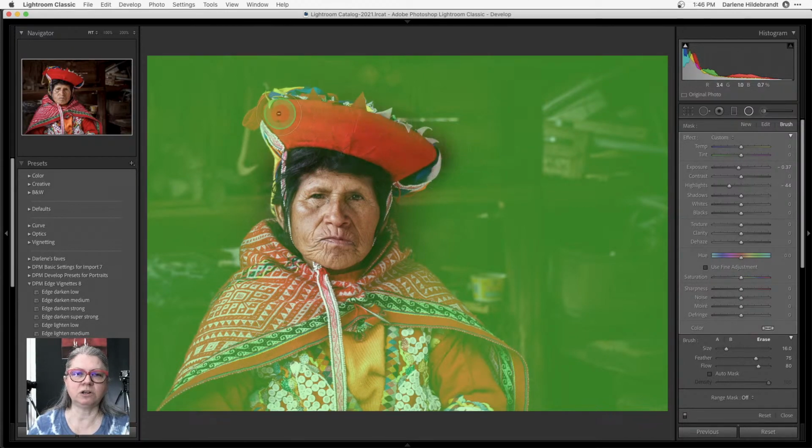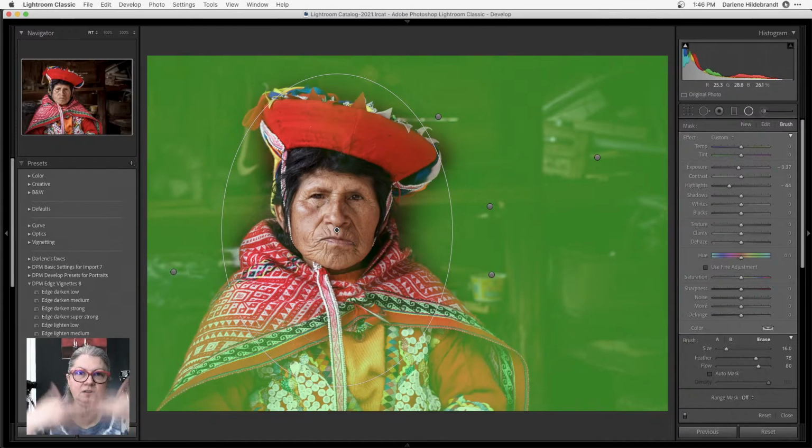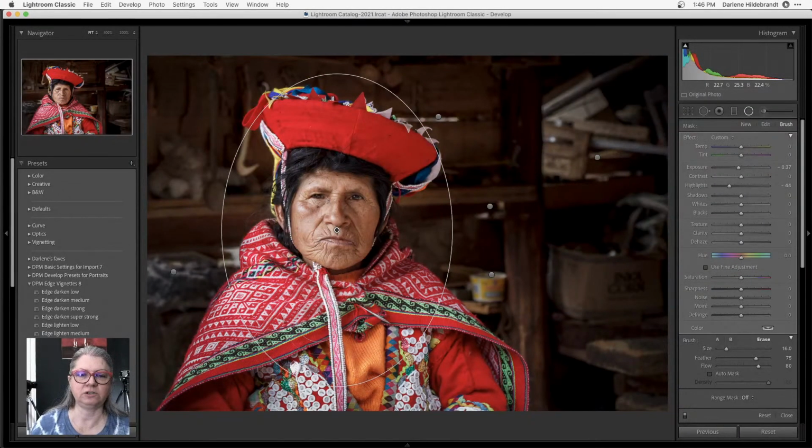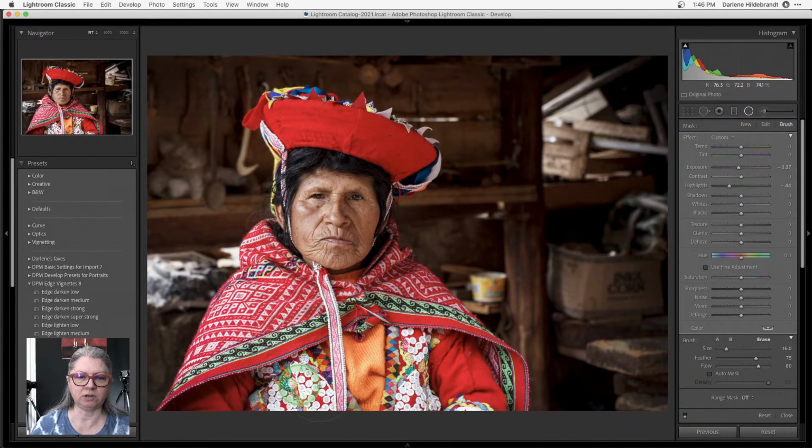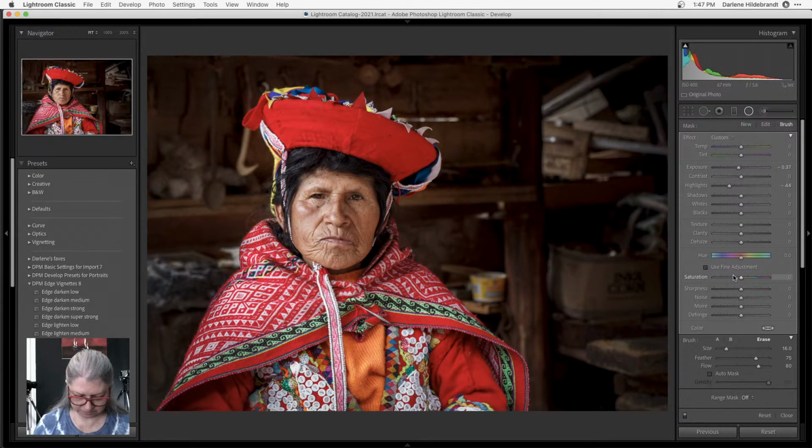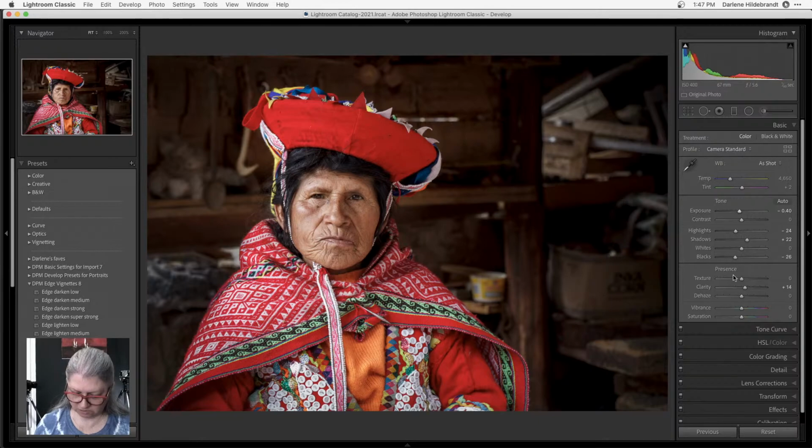So I did want to darken her hat a little bit, but it's so colorful and interesting that I want to make sure that I keep details in it. Okay, so I want to keep this part bright, but I'm going to let it fall off to the darkness down below, okay? Because again, I want to keep the edges of the image darker so that the viewer's eye comes into the center of the image, right? Can you see the difference when I turn that off? The bottom part here is really light as well versus on, okay? So that's what I've done so far, right?